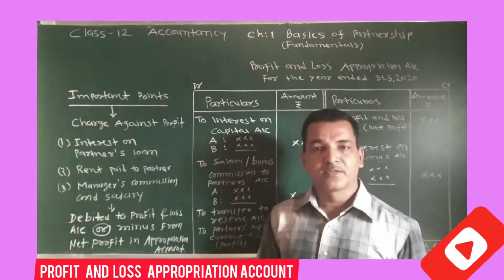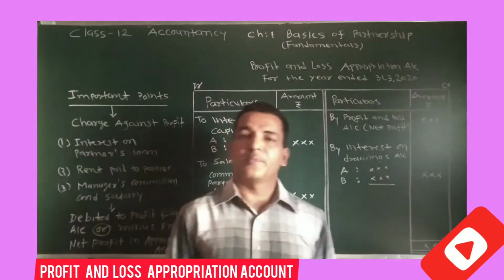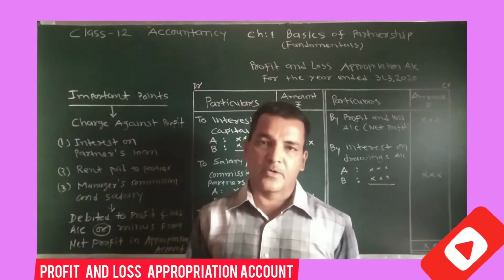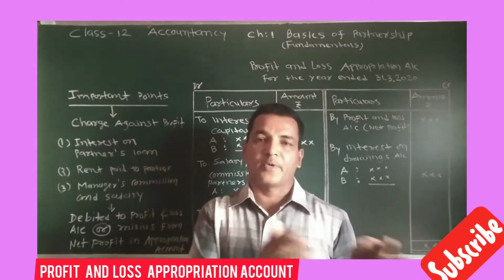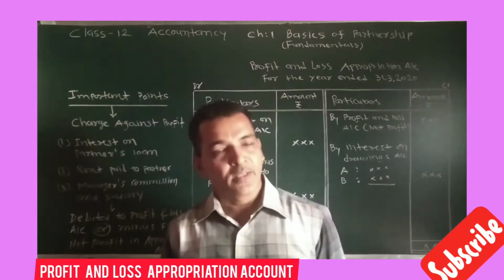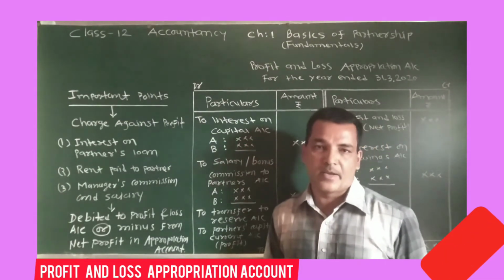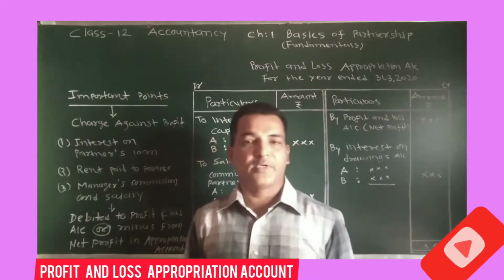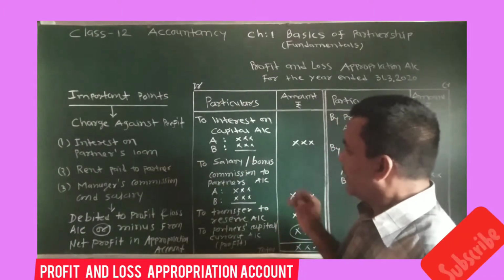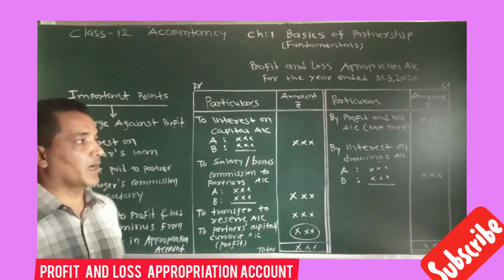For all the items, separate working will be done. So for example, interest on drawing. As per the information given in the question, you have to make working for the interest on drawing. For this, I will prepare one separate video. In that, I will take all the concepts of interest on drawing. Similarly, while deciding interest on capital, you have to take care of the month, the period for which this interest will be given to them. So here you can see everything about profit and loss appropriation account.